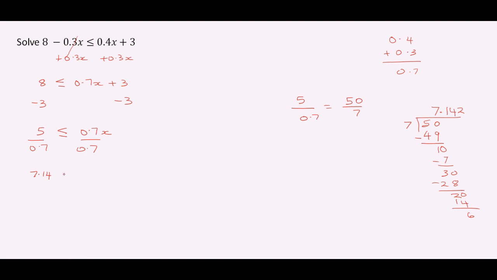And so we have 7.14 is less than or equal to x. So we're going to switch them around. So x is greater than or equal to 7.14. So we have 0 here, we have 7.14. x is greater than or equal to 7.14. And then our final example, 1.4 plus 1.2x is less than